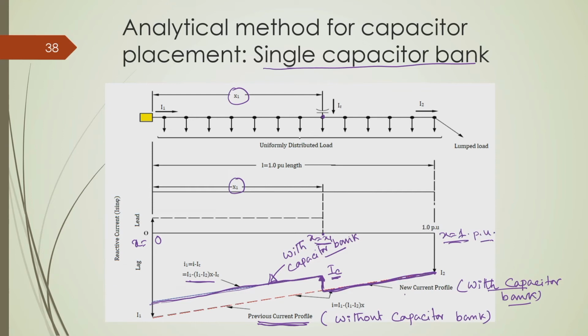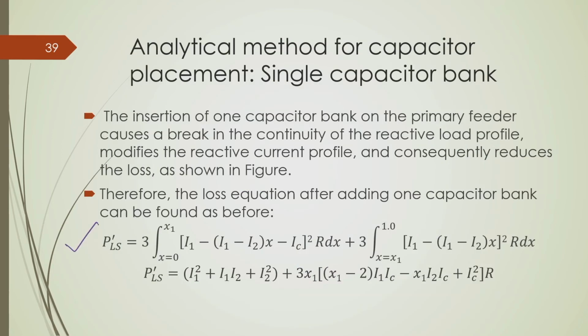Okay. So, we will have two current characteristics, one is here to here, another is here to here. So, in order to determine this power loss, we need to consider these two characteristics separately. So, which is done over this here. So, from x is equal to 0 to x1, we will follow these characteristics, which is with capacitor,